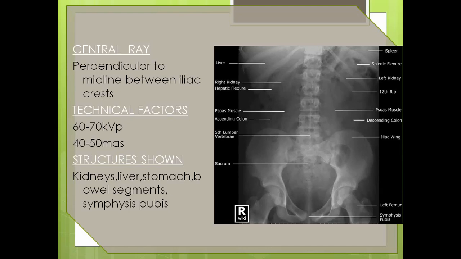So what structures are you going to see after taking the radiography? You are going to see the kidney. You can see this is the kidney area, you can see the shadow here. This is the kidney on the left. Then the liver will come on the right side under the lower ribs. Then the bowel, you can see all the black bowel gases. The small intestine here, and at the side it will be the large intestine. Then the symphysis pubis.